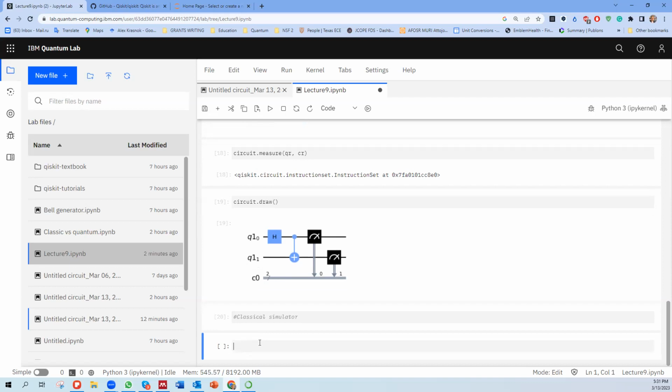Classical simulator. To do so, let me call this command for the simulator and give it a name. Well, simulator, let's denote C, classical. Classical. And the name of the simulator we're gonna use is AER, dot get backend,